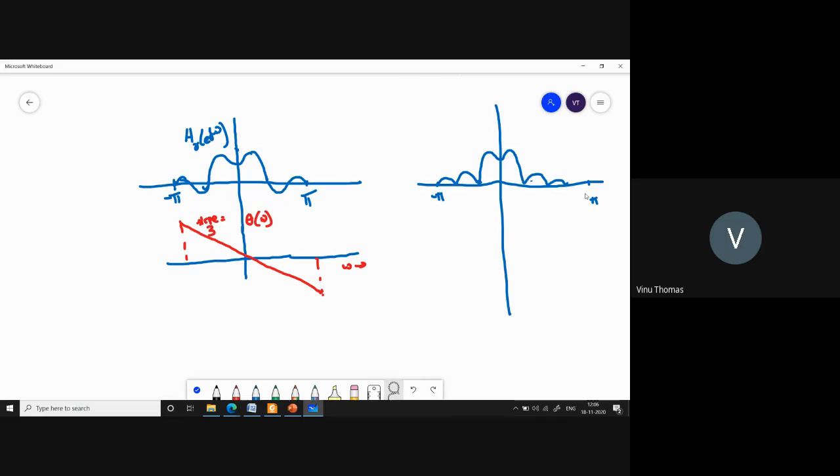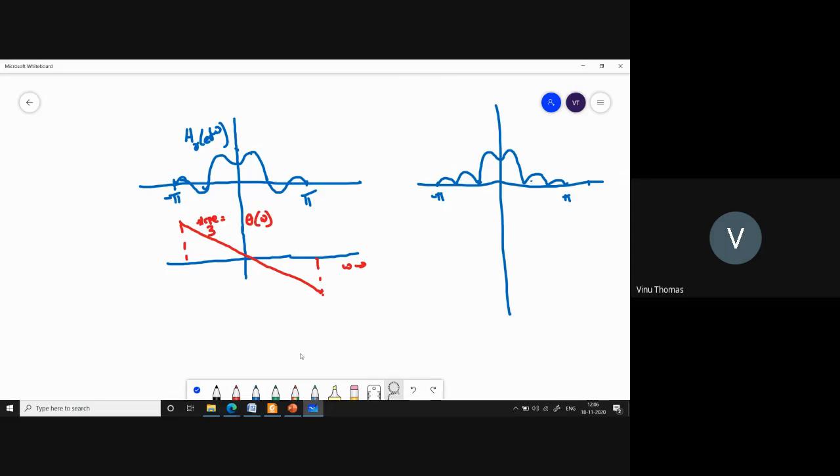So this will be your magnitude response. This is minus pi, this is plus pi. Now, which means that the phase response will be equal to minus pi. So this is originally negative. Now, when you take the magnitude, this is turning positive. So here you have a phase response equal to minus pi radian. And this is negative here, whereas the magnitude is positive, which means you have a phase response of plus pi radian. Now, along with that, you have to add the linear slope.